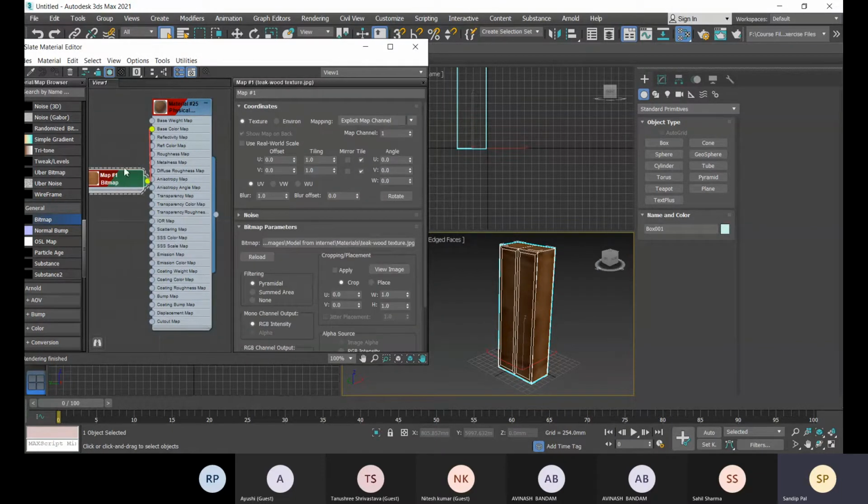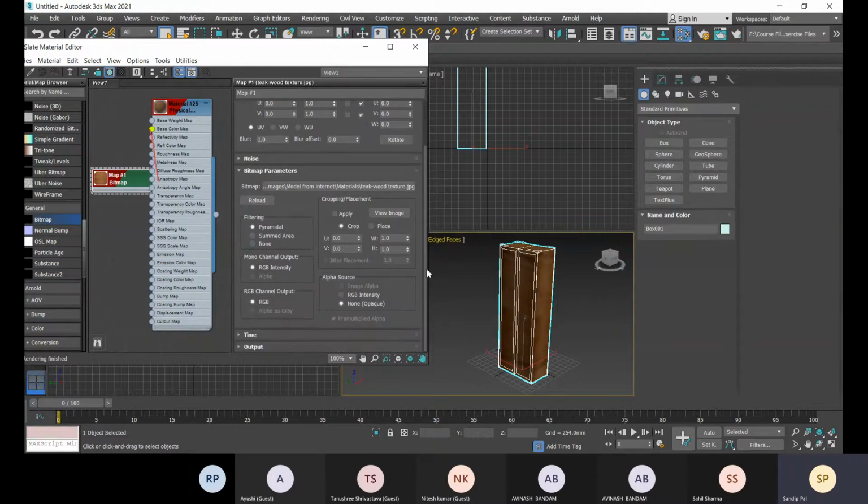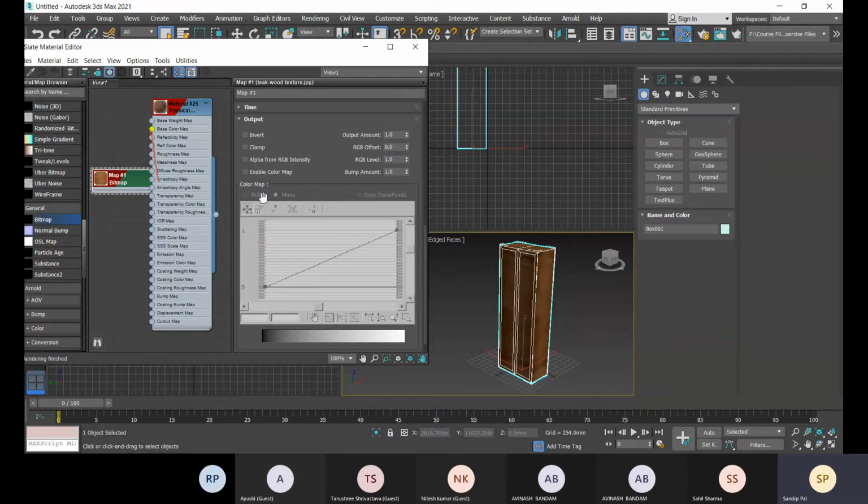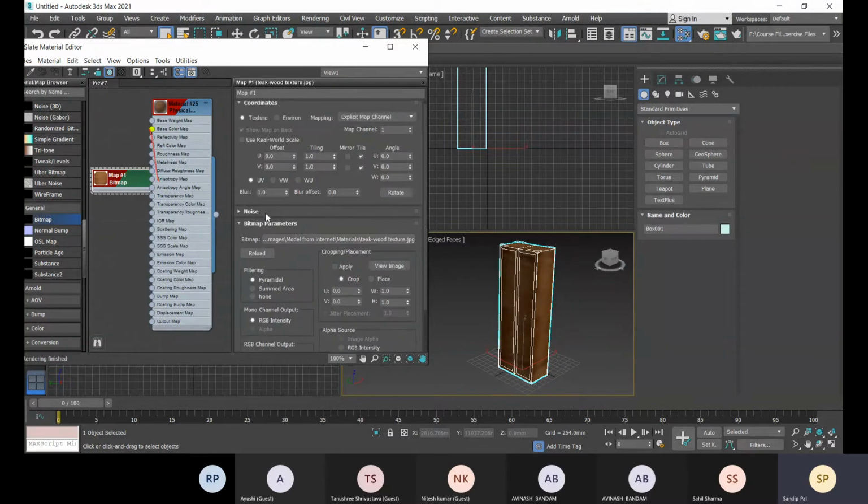So now you want to change the texture or the size of this map. For that you select this map, and you will get all the parameters for this map. You can change the scale for this. We have all these options available, and you can change them. With this graph option also you can change it, but we are not going to that. So we will choose this tiling option.